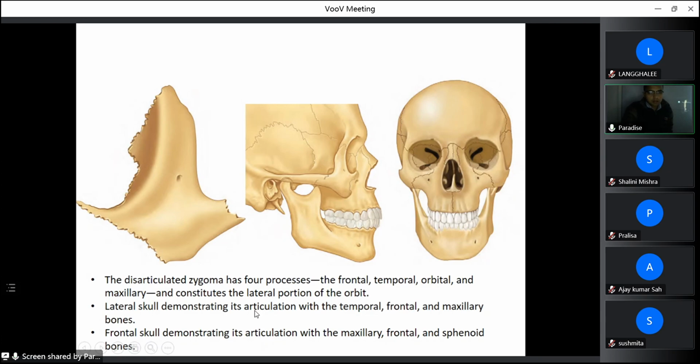Okay. The last one, the frontal view, demonstrating its articulation with the maxillary, frontal, and sphenoid bones. It is the frontal view. Here also it articulates with the frontal bone and the maxillary bone. The temporal bone is not